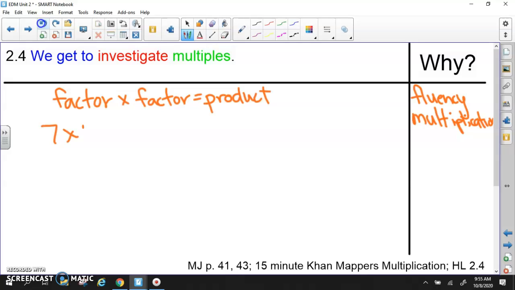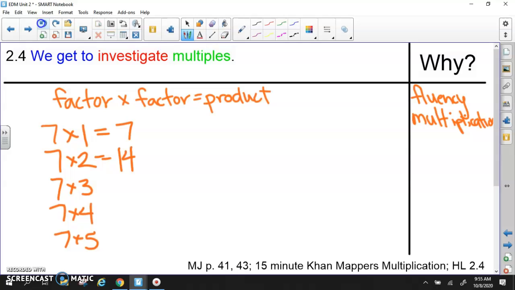Basically what it is, like 7 times 1, 7 times 2, 7 times 3. So maybe it says find the first 5 multiples of 7, okay? 7 times 1 is 7, 7 times 2, any help? 7 times 3, 7 times 4, 7 times 5. It's just as simple as that, and I love this thought process about how multiples are like